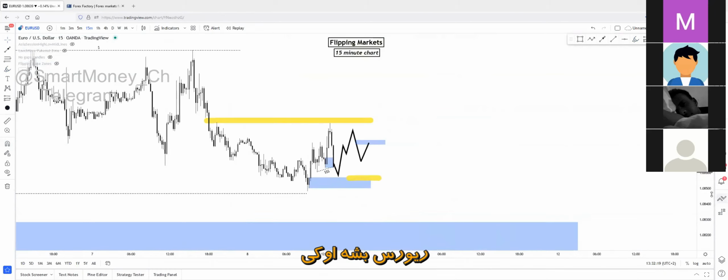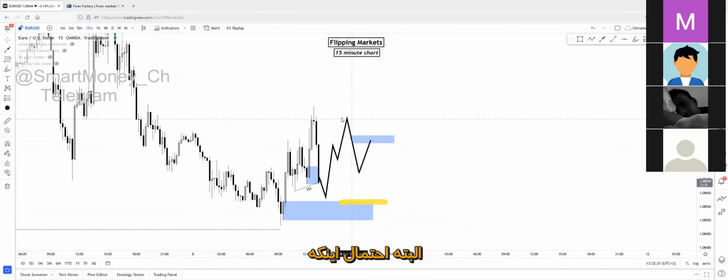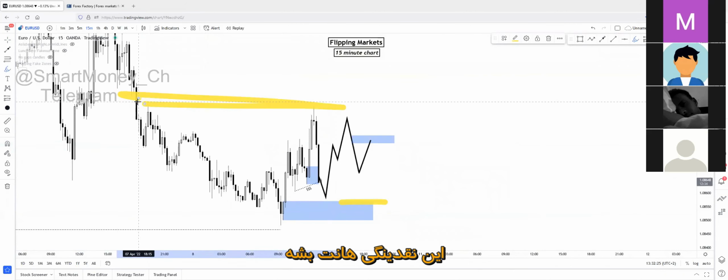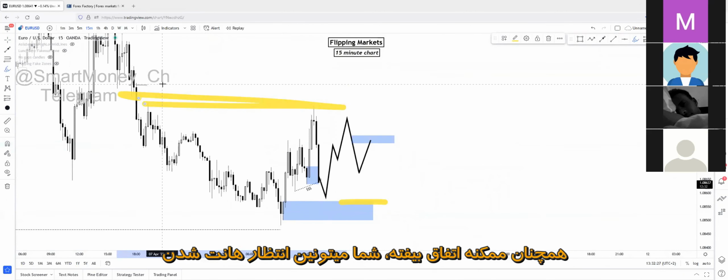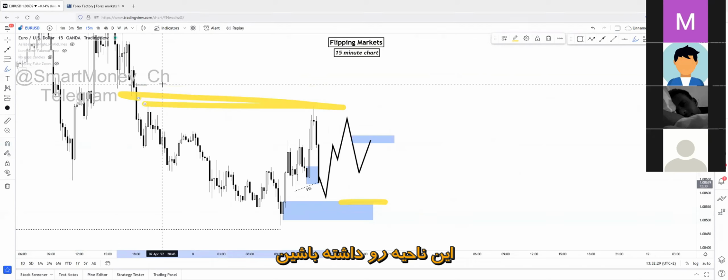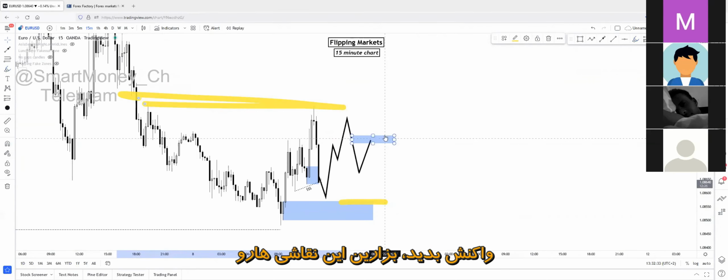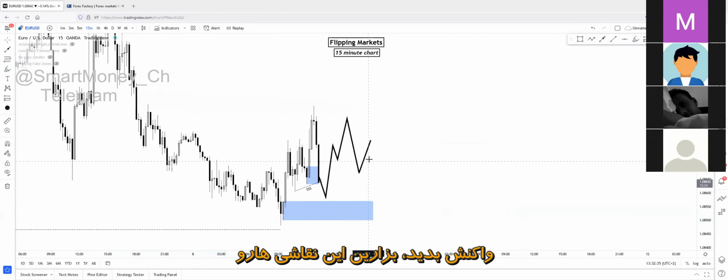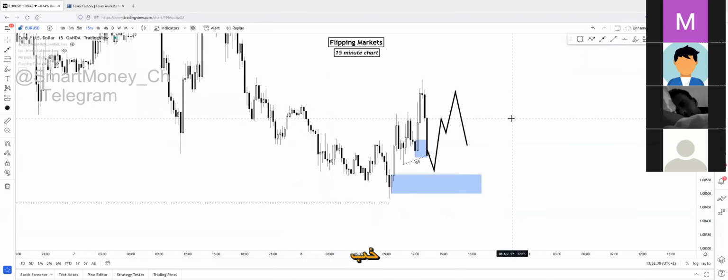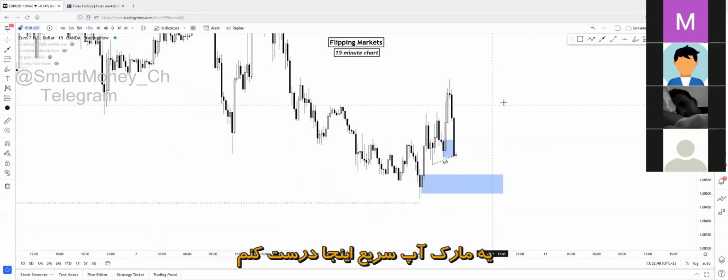Okay, but of course, the possibility of the liquidity sweep right here is still live. It can still happen. You can still expect a sweep of this zone. You just have to react on what price is giving you. Okay, let me just remove these drawings. So let me just create a quick markup right here.